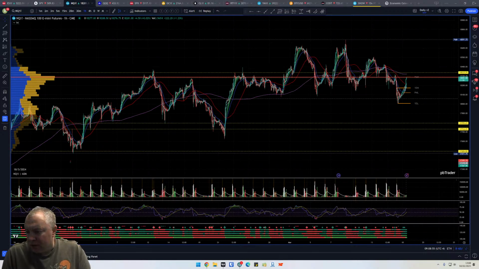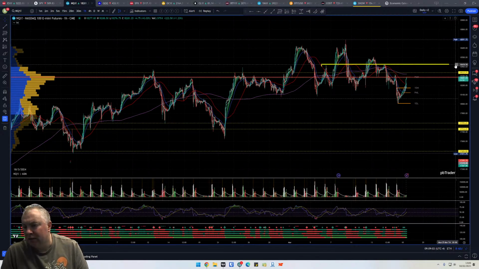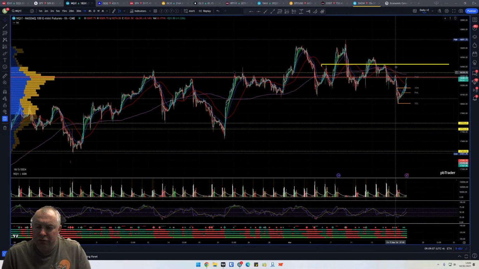So let's get some levels. Kind of that area there. So 18,424 for a high risk rejection or break and retest long. Bounce wise,